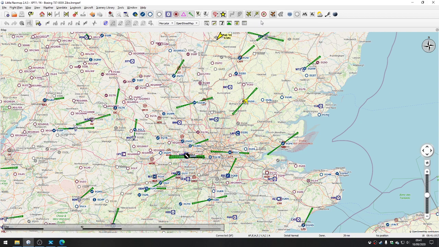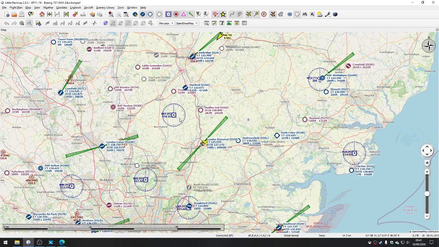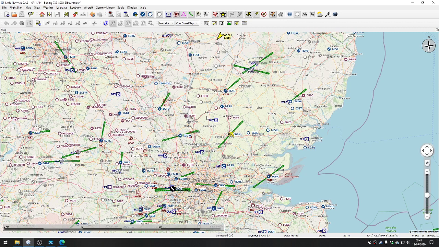But this isn't really what LittleNavMap's all about. This is just a map at the end of the day. It's no better than looking at a map inside the simulator. LittleNavMap is really great at planning flights, and to do that we need to show a few more windows. So I have purposely removed all the windows to show you that this is configurable. So if we go to the window menu at the top,